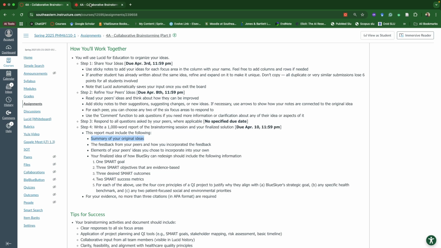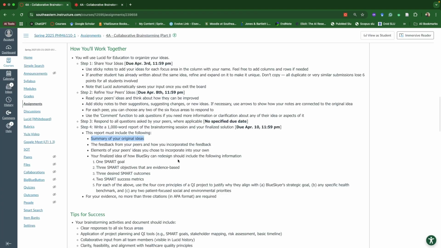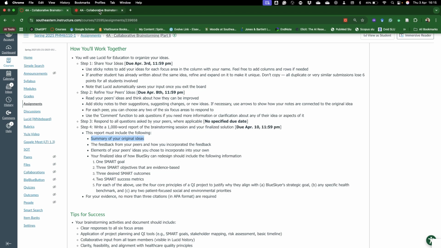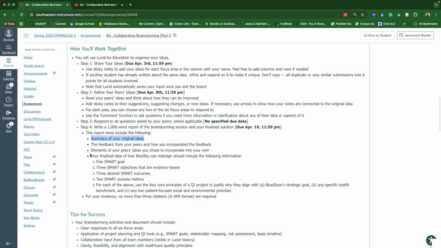This is to say, do not copy and paste your ideas. That's not a summary. You are going to read through all your ideas and use 5 or 6 sentences to summarize your idea, and just kind of stay within that. Remember, what I'm looking for is a summary of your idea. I can read your posts, everything everybody posts, I can read it. What I want to see here is a summary.